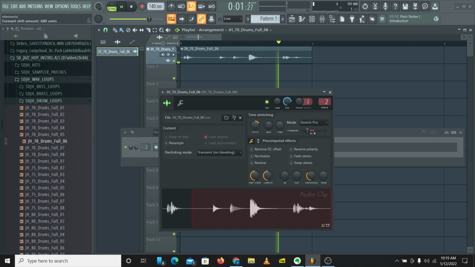So the Formant is a very interesting option you can use to change how your samples sound.